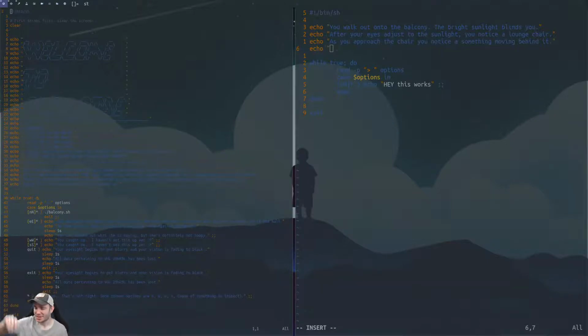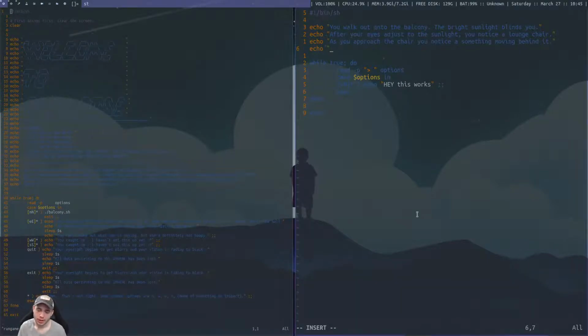Yeah, you can take it pretty high. But here's the question: how do we word this? Should you approach? I'm thinking of wording this like, should you approach the chair or return back to the room?